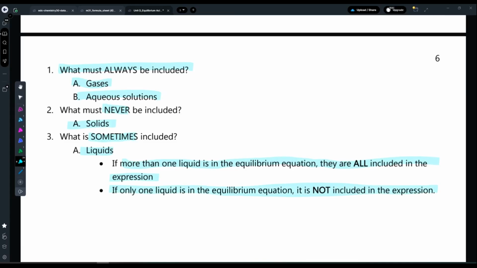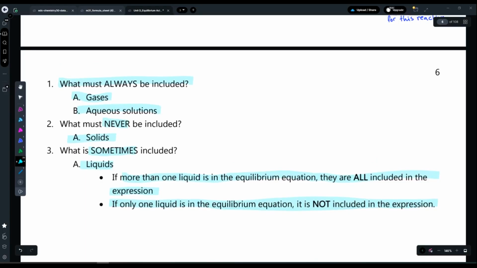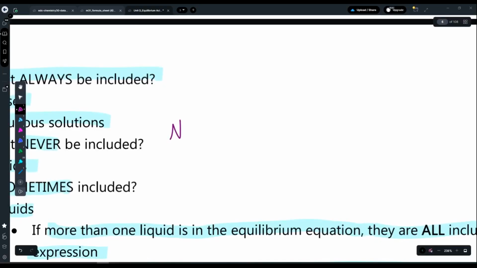However, if you only have one liquid in the equilibrium equation, you do not include it in the equilibrium law expression. Okay, so let's say, for example, just to go over these rules here, let's say you have